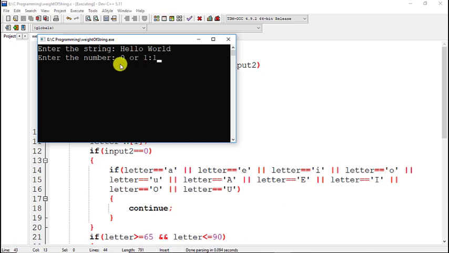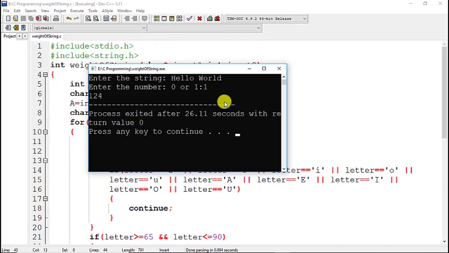When we take the option 1, it will also include the weight of vowels, so it will return 124, which is given in the question. So let's check. Press enter. Here we can see that it returns 124, so it's correct.